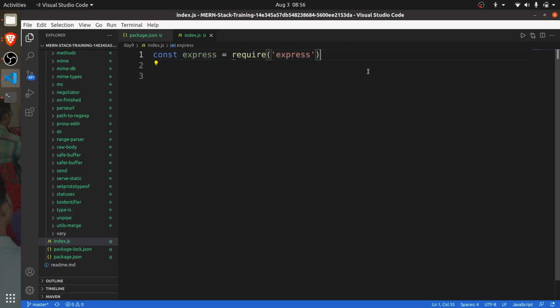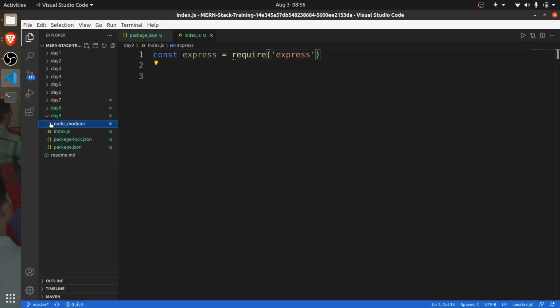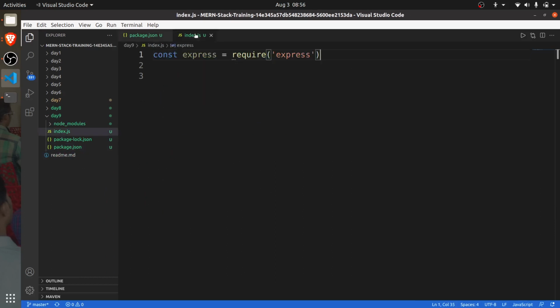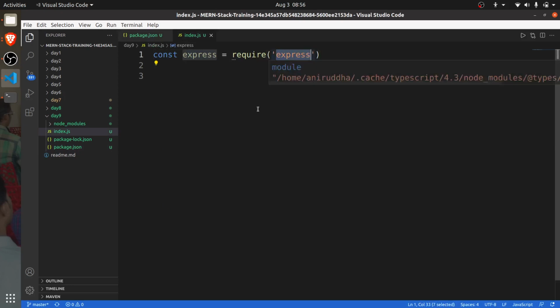Okay, clear? So that means what all things we are exporting from the library. Yeah, that is mentioned mainly there, and many people follow that strategy because everything related to the exports, what things you want to export and not export, needs to be written there. When you say require express, Node gets a question: from which file should I start importing the things? Getting that? Here you are importing, so indirectly you are asking to go to express and import something, but express is the name of the package.